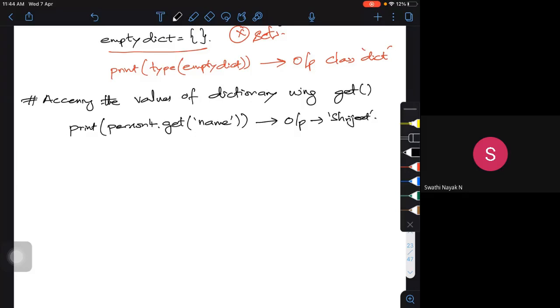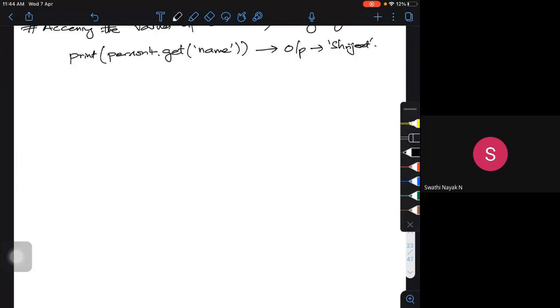So if you want to get all the keys in the dictionary.